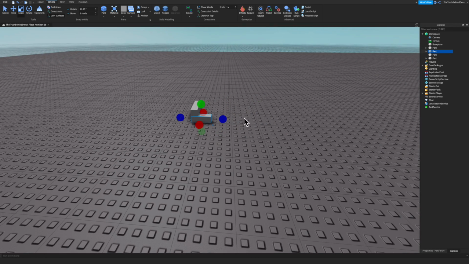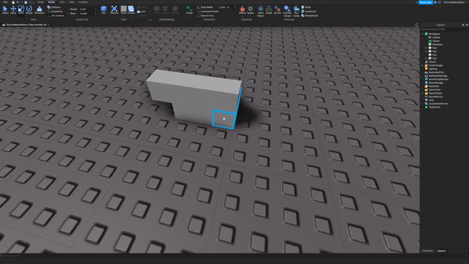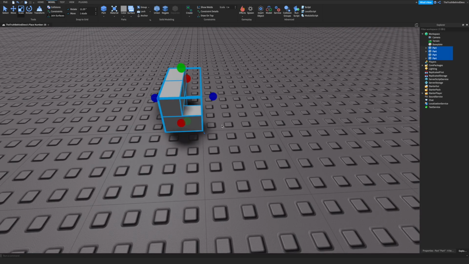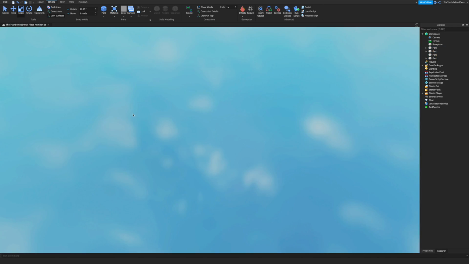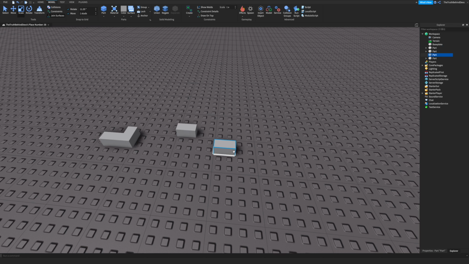Why is this always happening? Anyways, as you can see here, the bricks would be 2 studs, so they kind of overlap like this. But you can see if we were to have it 4 studs each brick, if you were to have 4 studs on each brick,